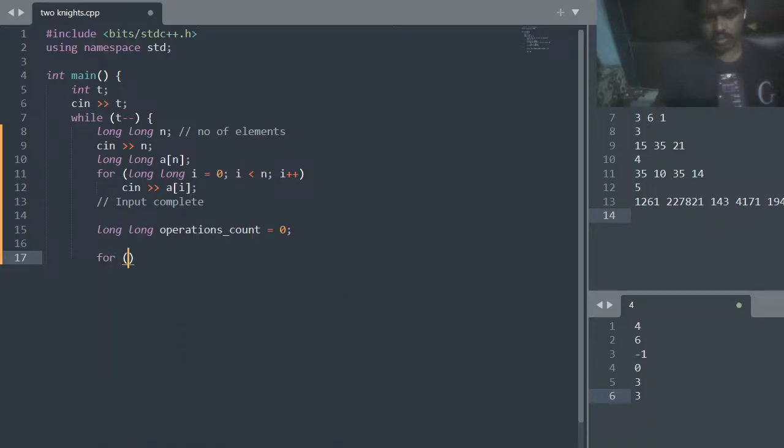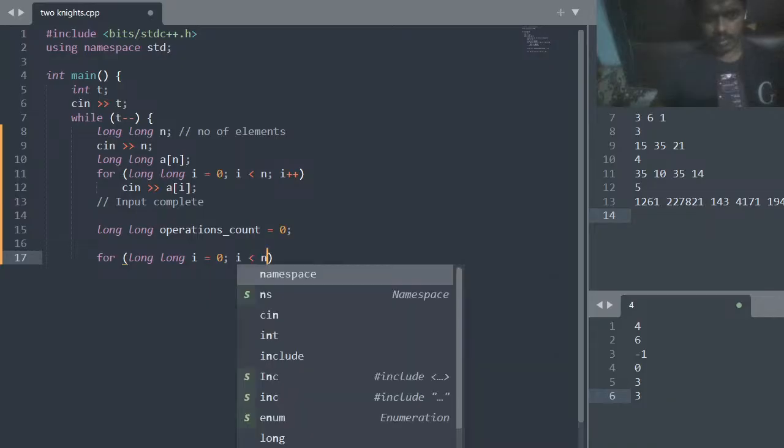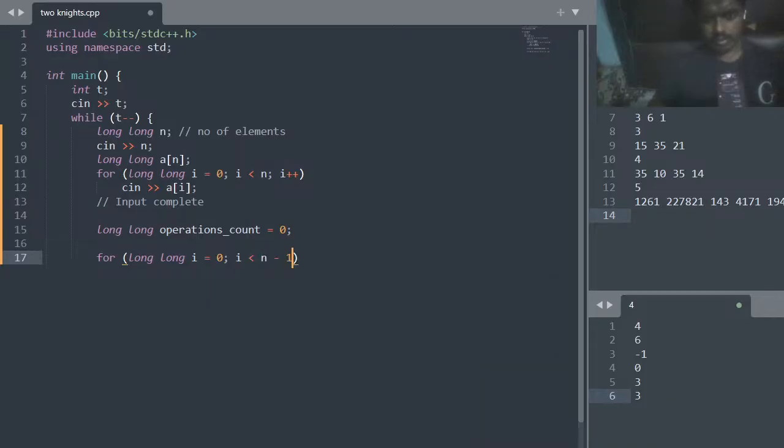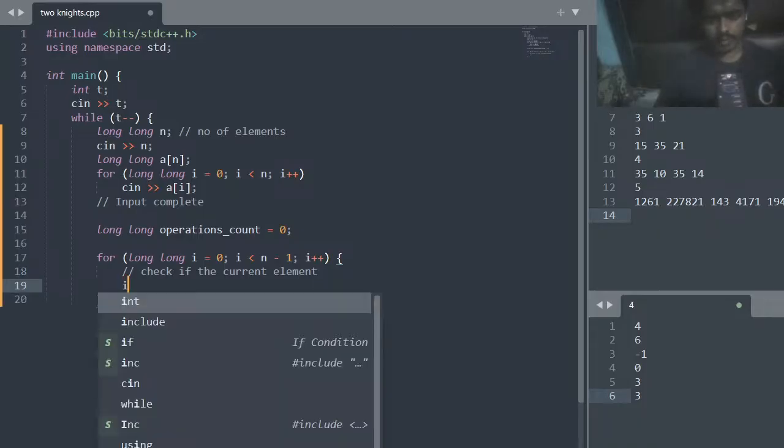So for long i is equal to 0, i less than n minus 1, i plus plus, right? So you like to check if the current element and the next element have the same parity, right? So we will write if